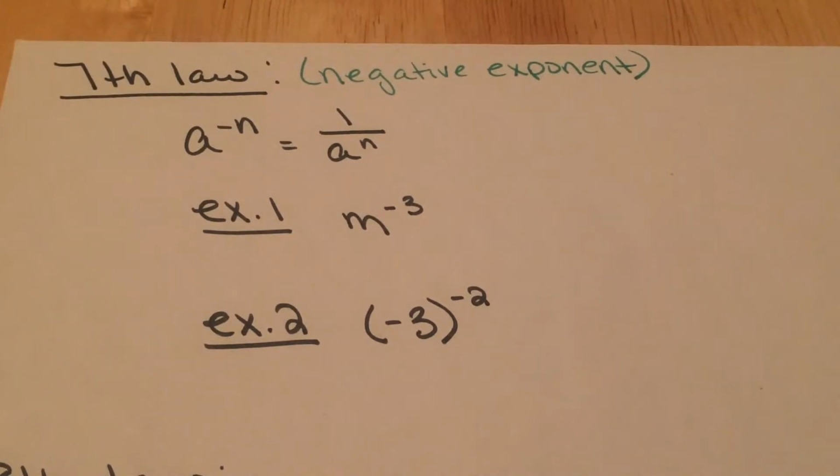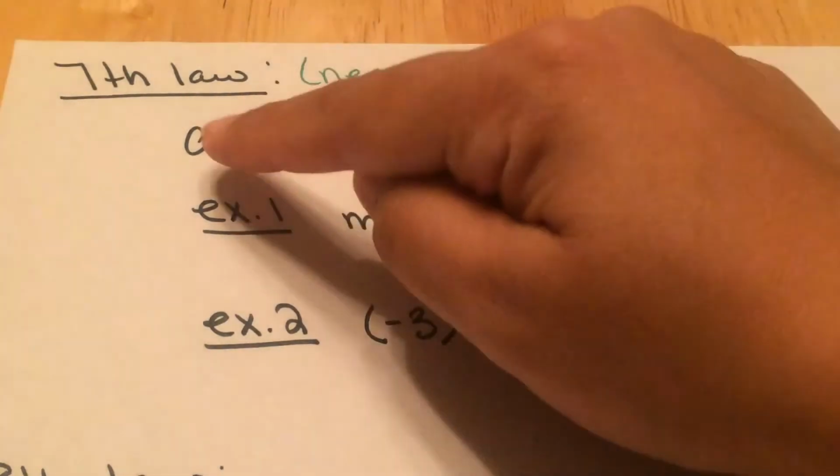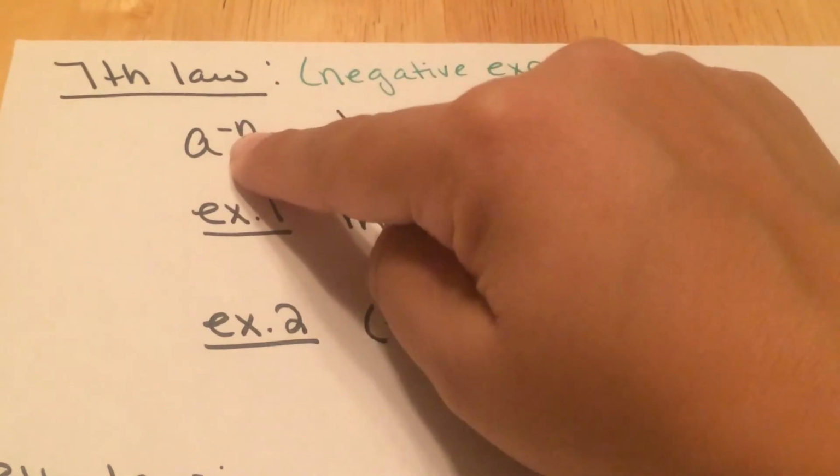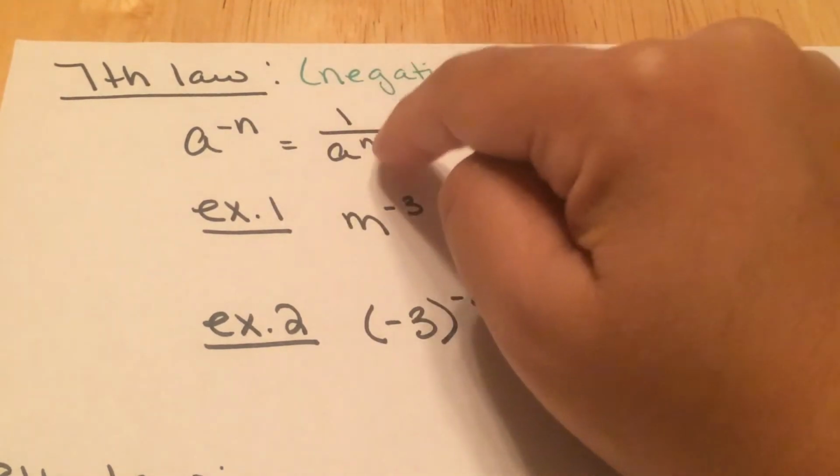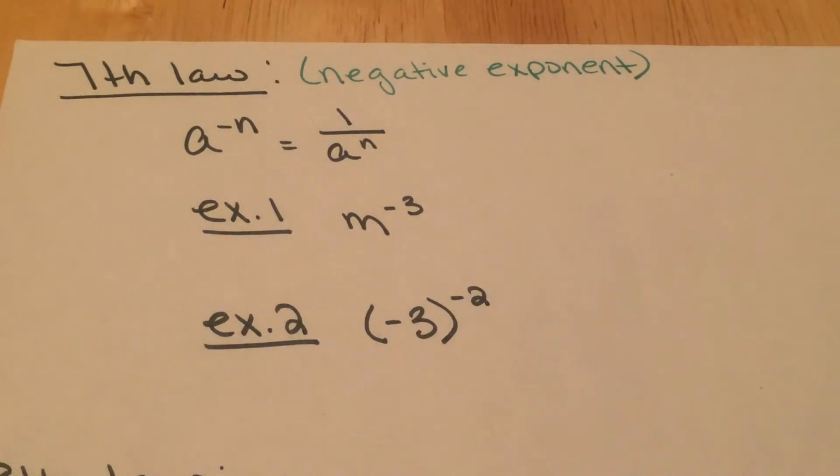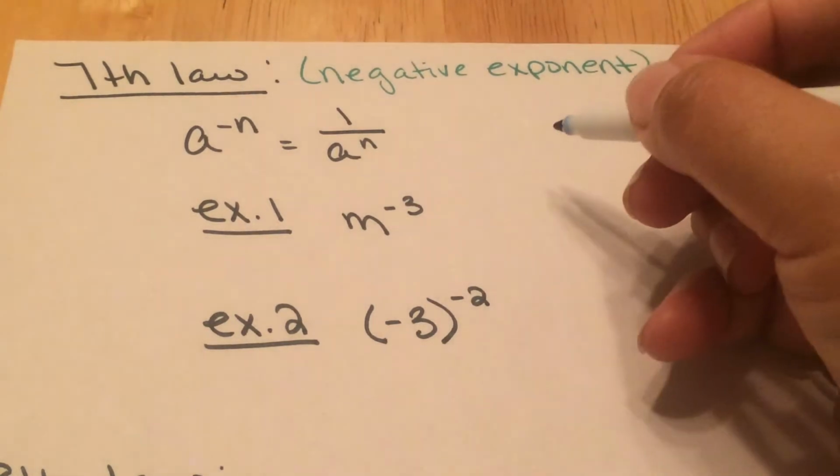All right. So now we're at our seventh law, the negative exponent law. So we've been waiting to get here. So now we know what it means when we have something raised to the negative nth power. It means it's really 1 over a to the n. Okay, so if we look at that, something like